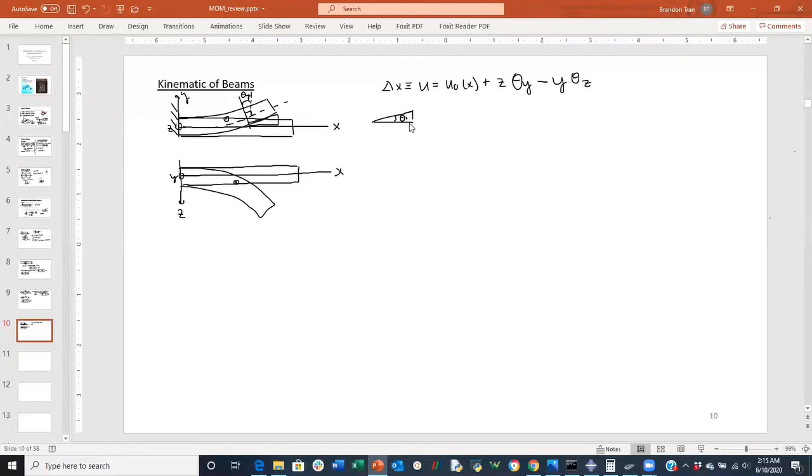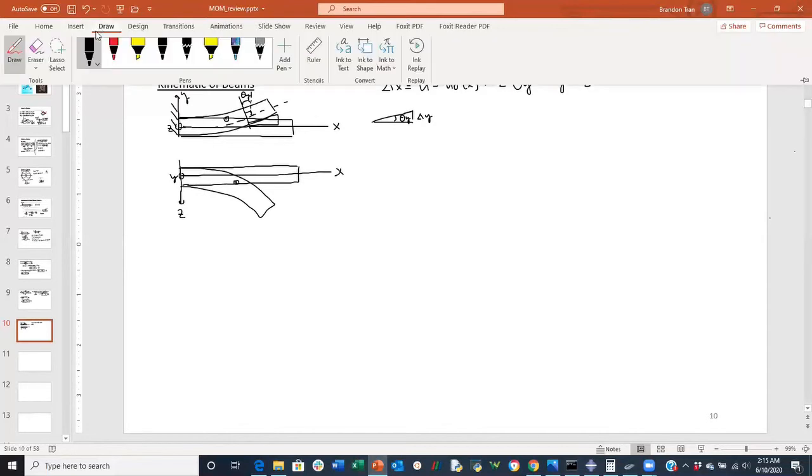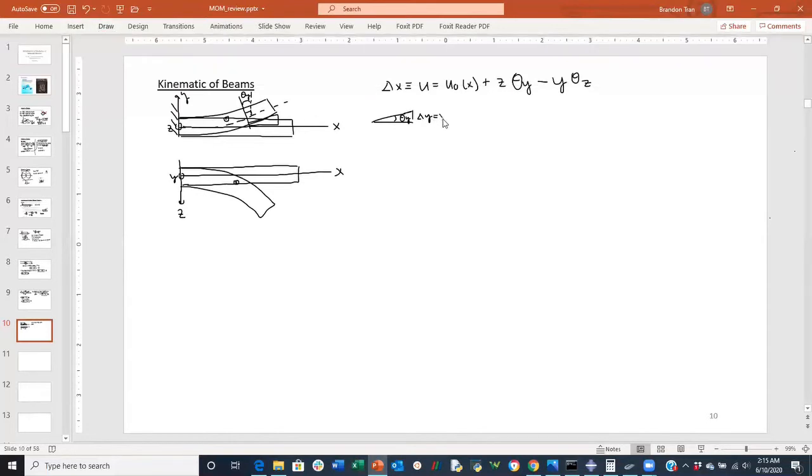here's delta y, here is deflection in the y direction. So deflection in the y direction, we're going to equate as v, with respect to whatever component of the x direction, whatever little part in the x direction we take off of this beam. So now that we have that, we can essentially say, using a small angle assumption,